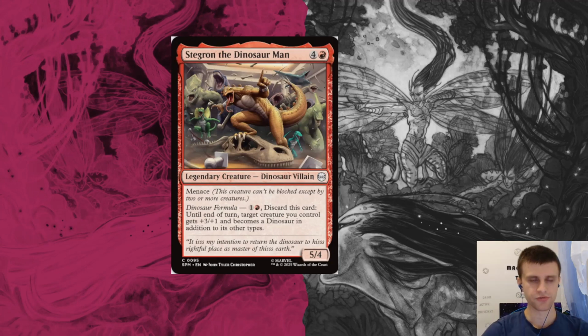I forgot. So first let's start with the honorable mention list, and number 1 we have Stegron the Dinosaur Man. This is very simple. 5 mana 5/4 with menace, decent stat line. It has the dinosaur formula ability, which for 2 we can discard this, and until end of turn target creature we control gets +3/+1 and becomes a dinosaur. We've seen a similar card being played in Gruul Ramp, so that's why I'm taking this to the honorable mention